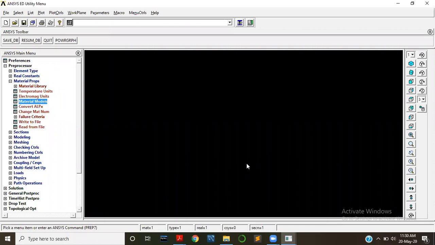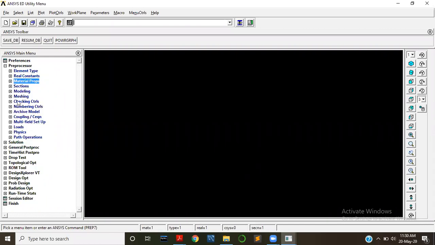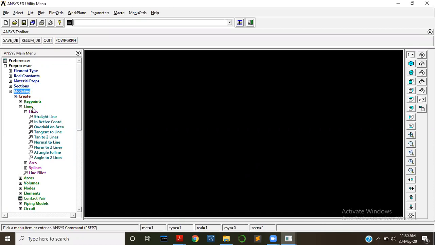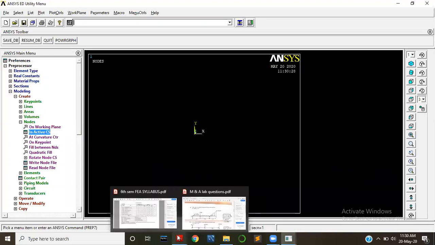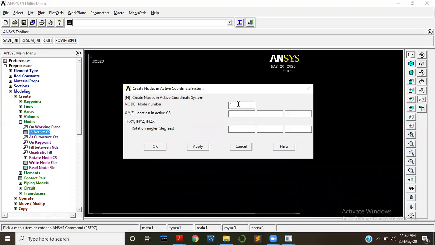Then modeling, create nodes, in active CS. The first node is 0 0 0, or let us keep it empty. The second node is 3000, press apply. At node number 3, 6000.